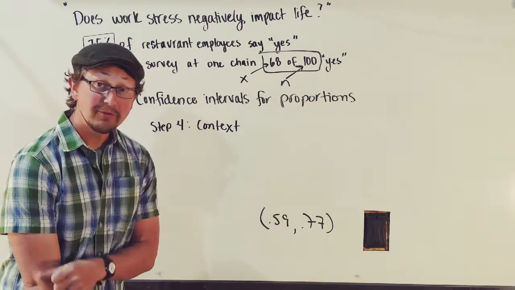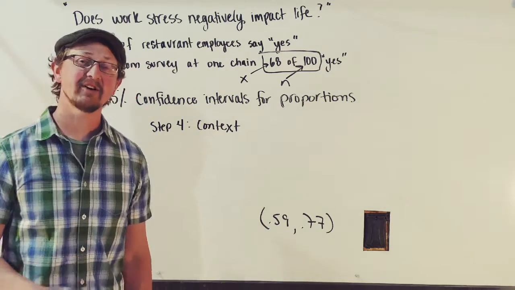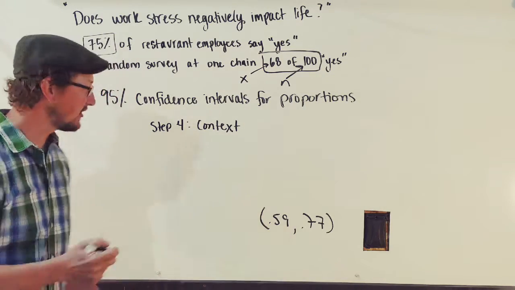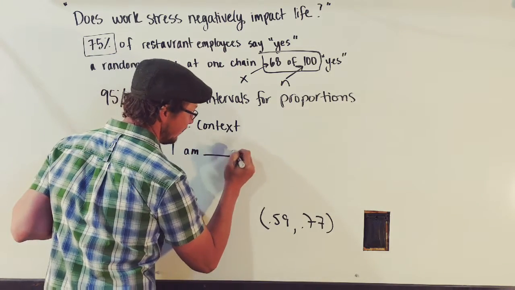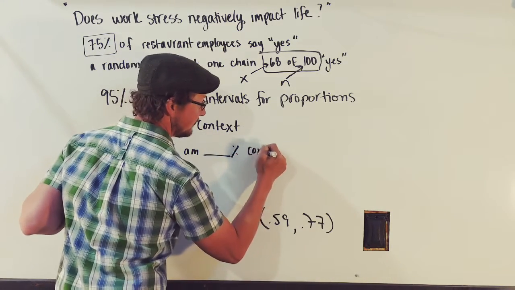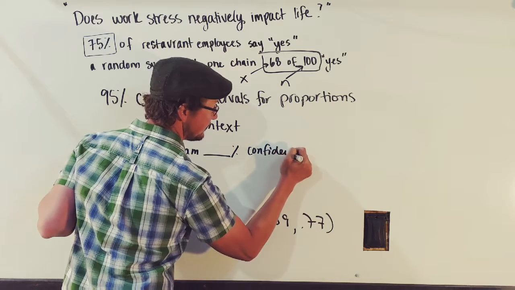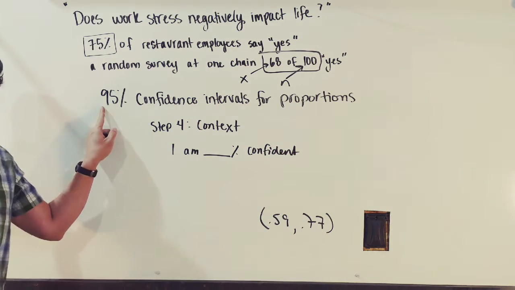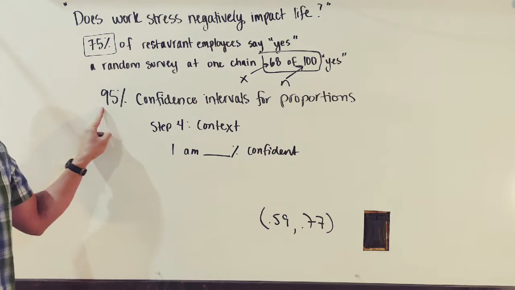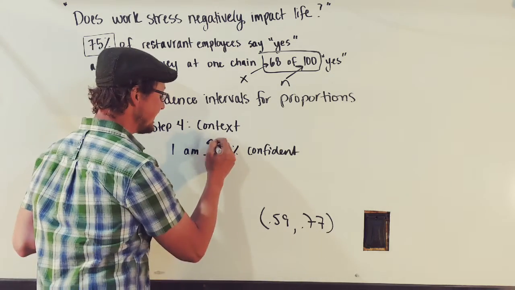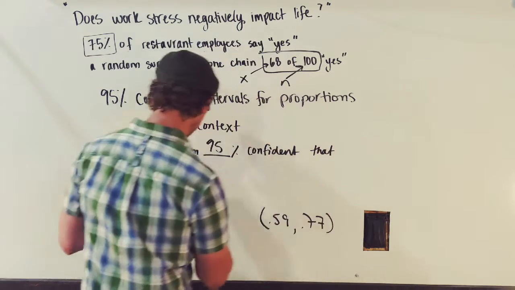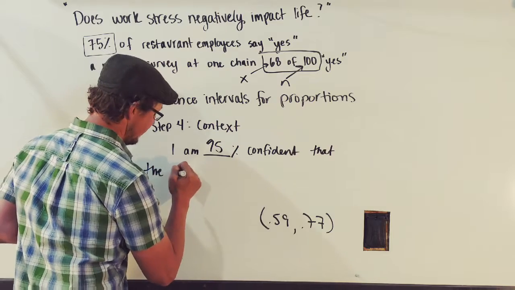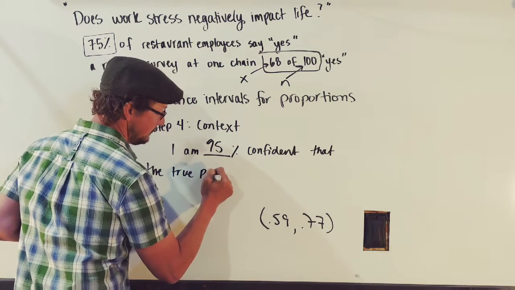Because we're doing a confidence interval, we go back to our template for context, and we say, I am blank % confident. And in this case, we are 95% confident. That's the confidence interval we used. 95% confident that the true proportion